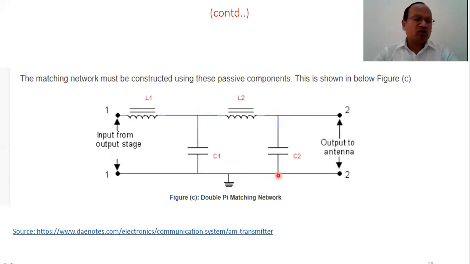We have also discussed that there are two levels of transmitters: low level AM transmitter and high level AM transmitter. The difference is based on the level of modulation, on the power level. When the power level is in several kilowatts, generally in AM radio broadcast, then a high level AM transmitter is used. So that's all for this lecture. Thank you.